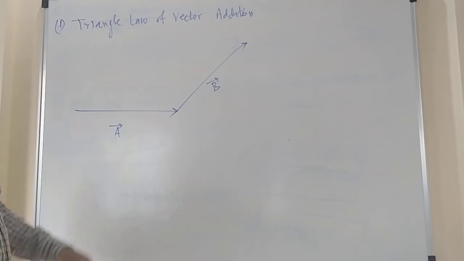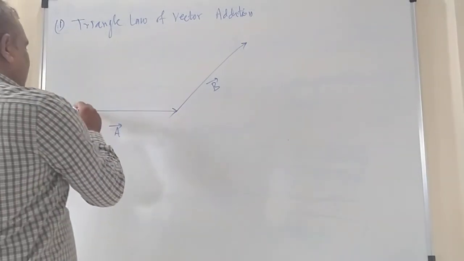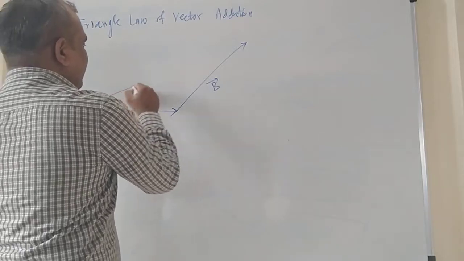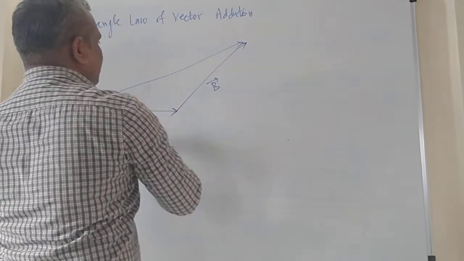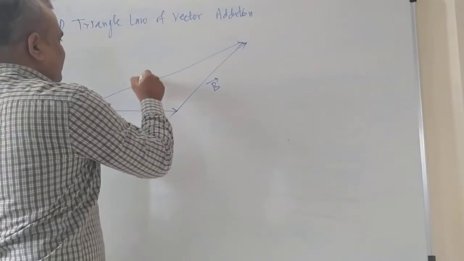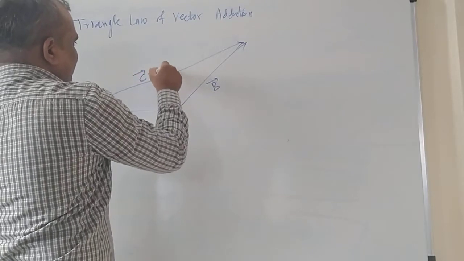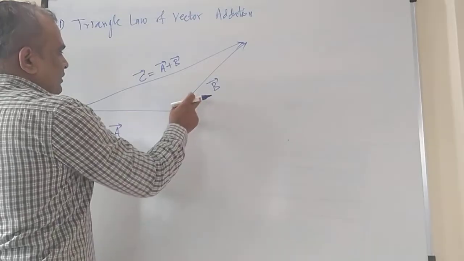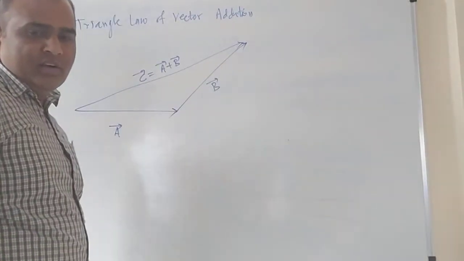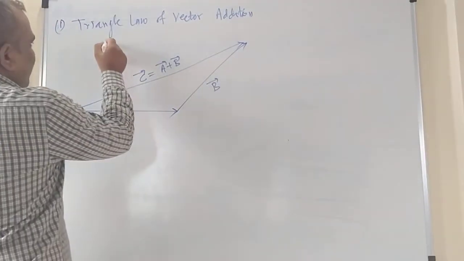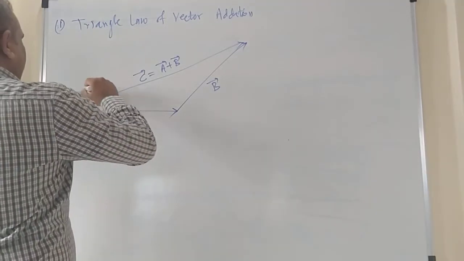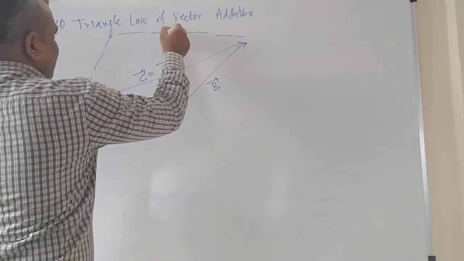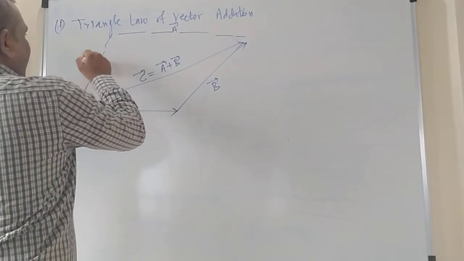And how can you calculate the third side of the triangle? Just by drawing from the initial of the first and ending of the second. So I can say this is c bar, and this is nothing but addition of the two, a bar plus b bar. This plus this will give you c bar. Got it? You can draw the same for a parallelogram in this way. Got it? So this is nothing but your a bar, this is your b bar.